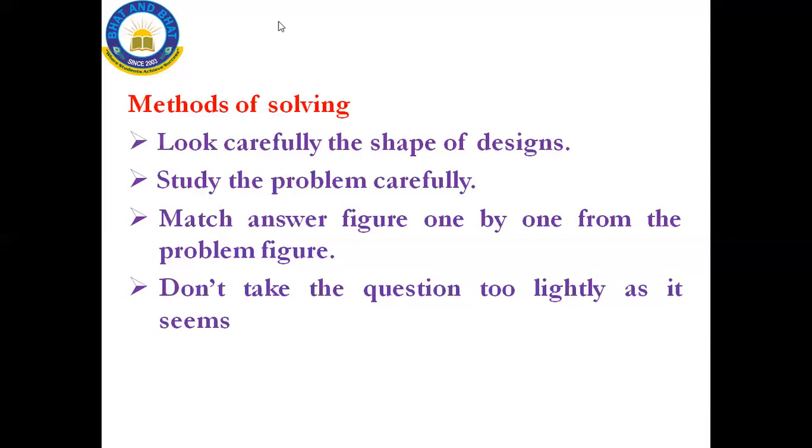Why is the first option the correct answer, and the second is not? We should be able to reason why the second one is not an answer. What is the reason for that? My dear kids, if you start reasoning in the exam, within a fraction of a second you can answer. These are the methods to be followed while solving the question answers based on figure matching, since it is a very easy chapter from which you can score.